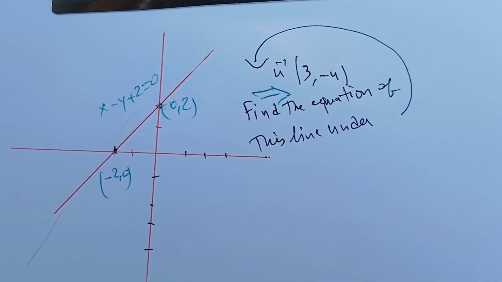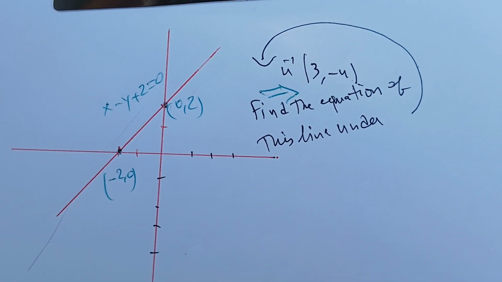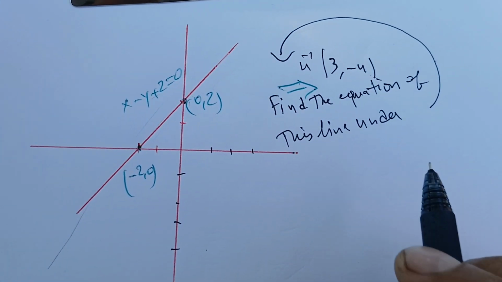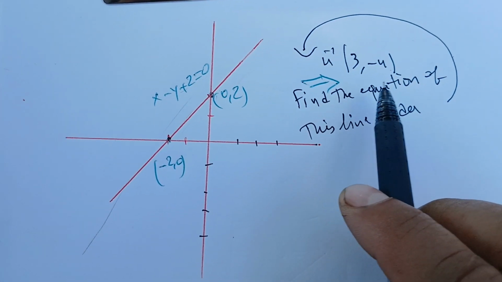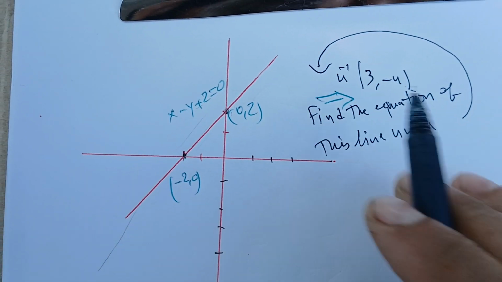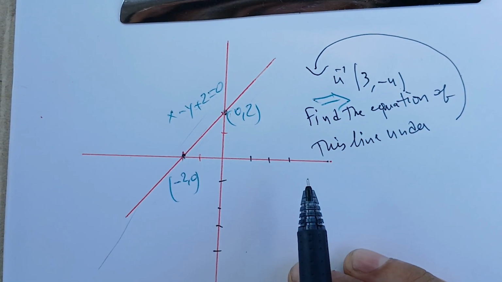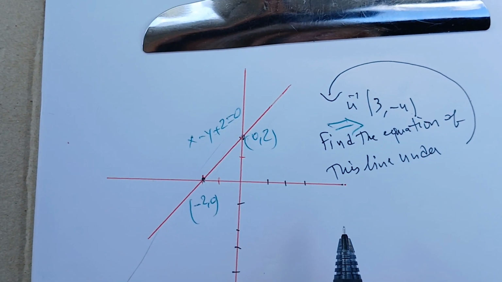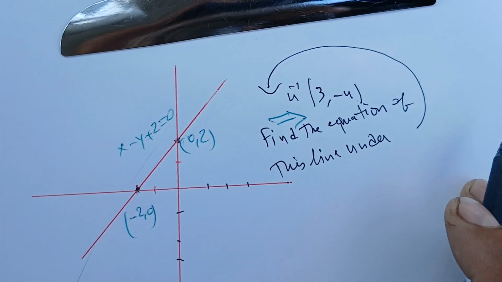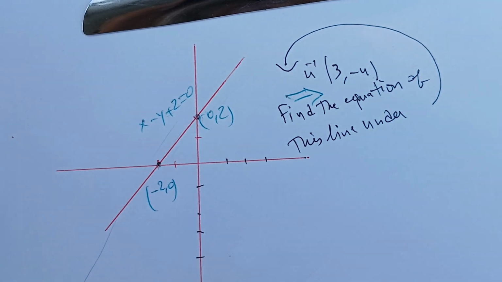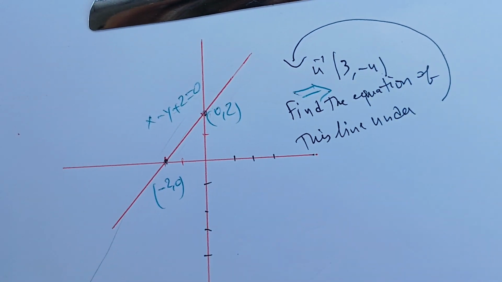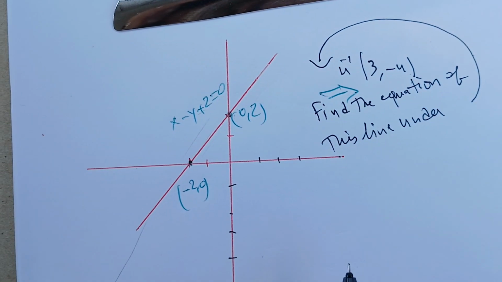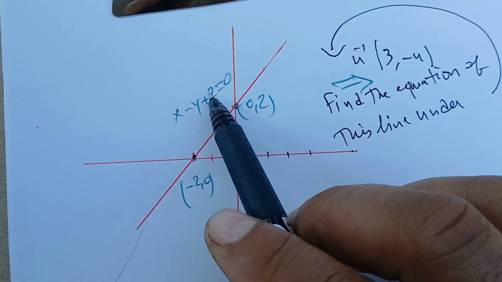In this video, we're going to try to find the equation of a given line under the action of a translation. We're going to work specifically on a given line and a given translation. This can be applied in general to any translation and any line, but for us, we want to be specific. For that, we have this line, x minus y plus 2